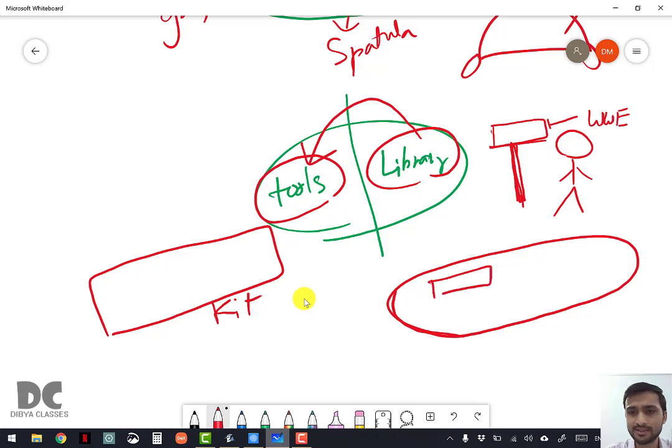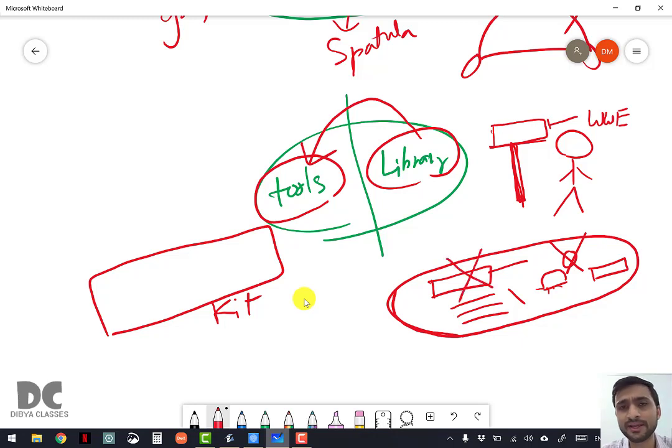The kit contains all the tools which will help them to play a cricket match, like bat, ball, stumps, bails, helmet, body protection parts, and many other things, right? So if the kit doesn't have a ball, how will you play cricket without a ball? Or if it doesn't have a bat, how will you play cricket?